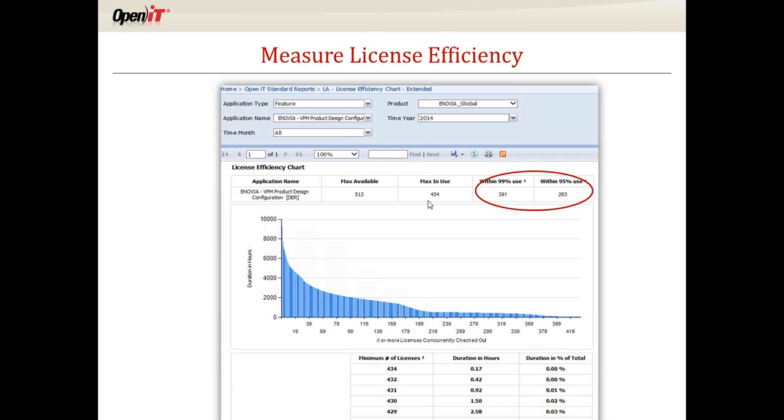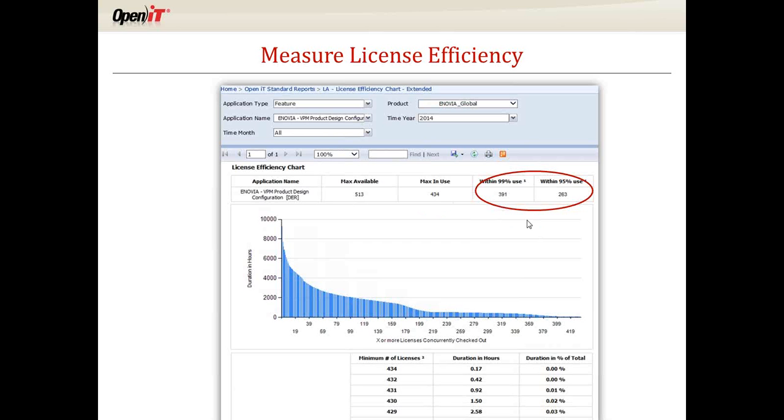Again, if we only looked at these two data points, so we know what we purchased and we know what we used, we can say, hey, we can look at some potential cost reduction in the delta between these two. However, this one's even more staggering. I don't have all the details, but if we start on the 434th license, there's 0% of the time, it's such low usage. So again, if we go to the confidence intervals that we're looking at, potentially we could drop our license count from 500 down to 391.